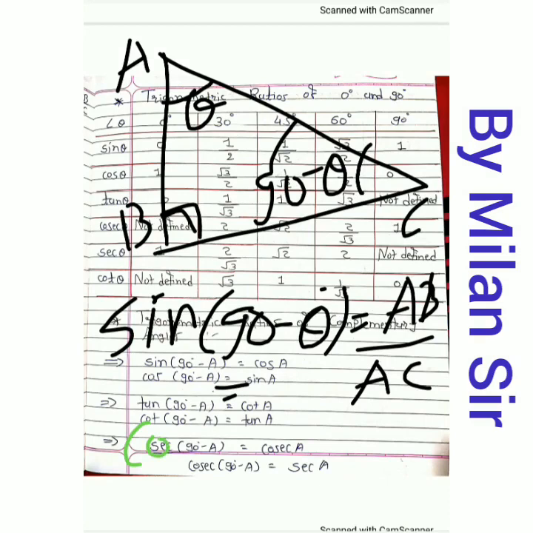Now just find the value of cos theta. Now theta means this is a reference angle right now. Here I have written 90 minus theta, that means this is my reference angle, and according to this reference angle, this is my opposite side, and AC is my hypotenuse, right? But now I change my reference angle. Right now I am taking theta. So for theta, what is your adjacent side? It is AB. Now what is the formula of cos theta? Adjacent by hypotenuse. So your adjacent side right now is AB upon hypotenuse AC.